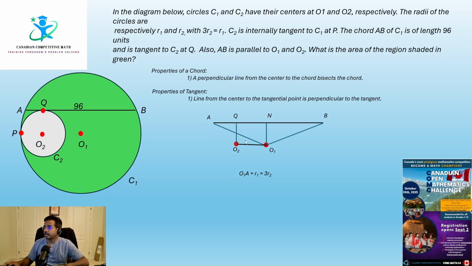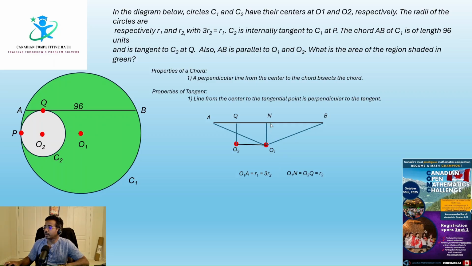From this diagram, we can also see that the point A is on the circumference of circle C1. So O1A will be equal to R1, which is the radius of circle C1. That will be equal to 3 times R2, which is the radius of circle C2. Now,